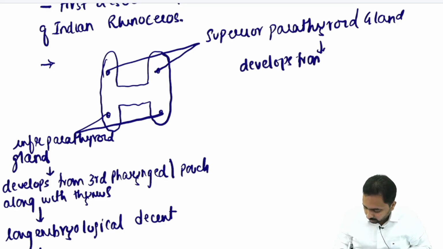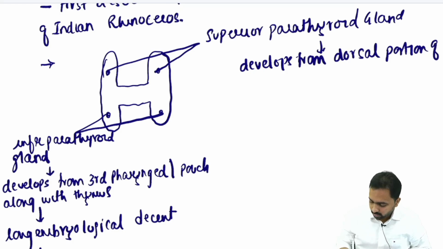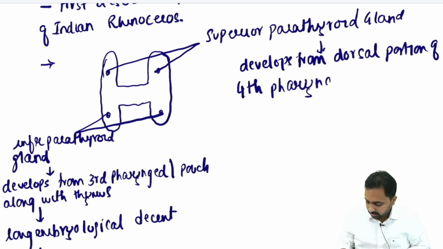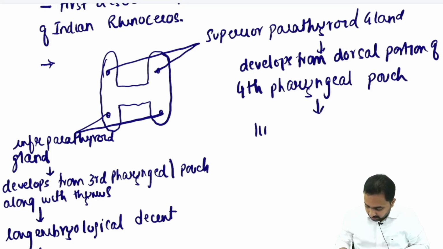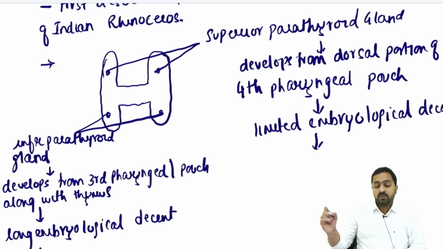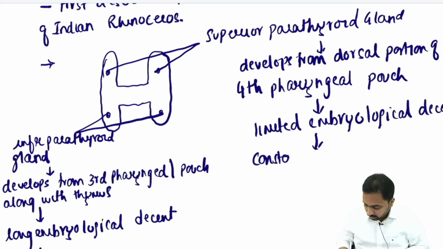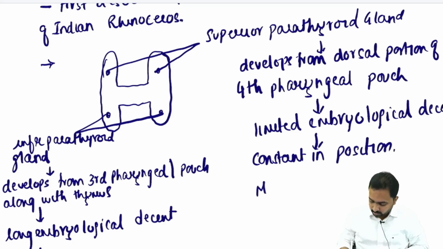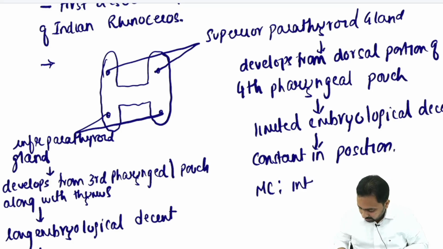develops from the dorsal portion of the fourth pharyngeal pouch. It has a limited embryological descent, as a result of which it is more constant in position, and the most common position is at the intersection